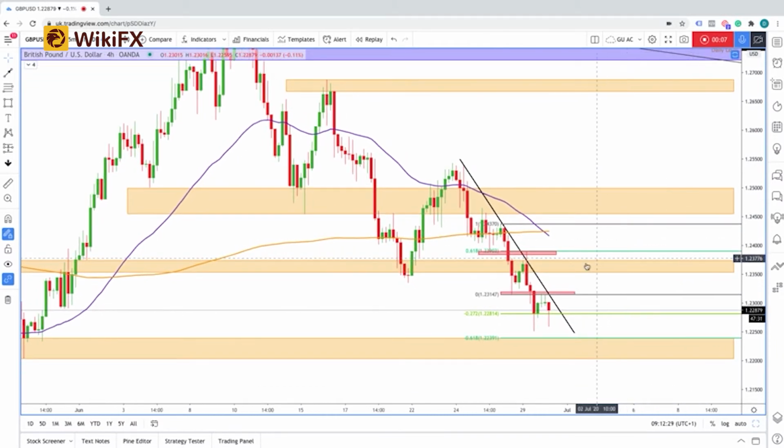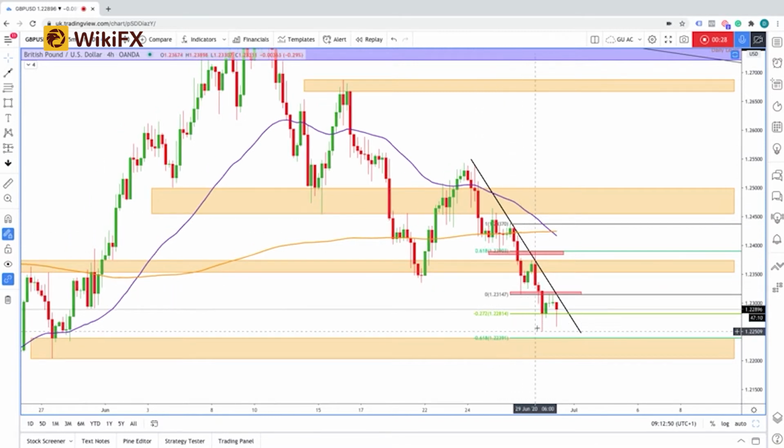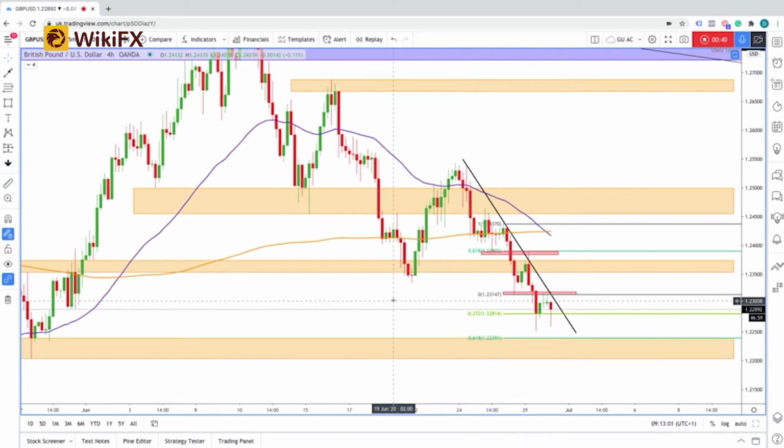So if we start from the 4-hourly time frame, what we can currently see is that we have now seen that cross between the 200 and the 50 exponential moving average, giving us additional confluence for a change in momentum and sentiment, moving from the bulls over to the bears. And yesterday, price did come into test 122.52 and violate the support level that we were looking at around 122.93.